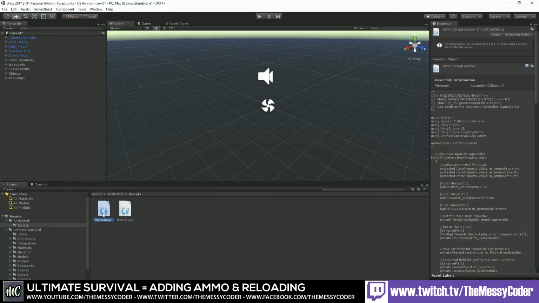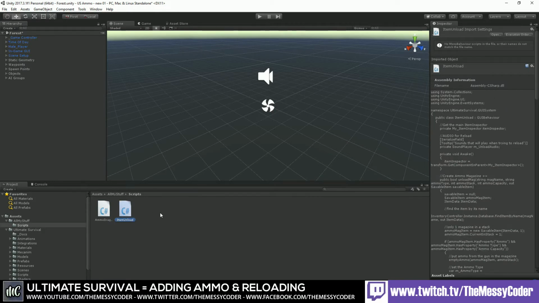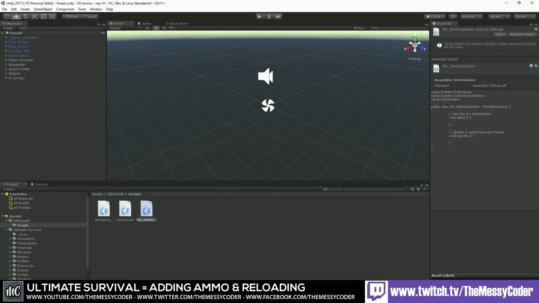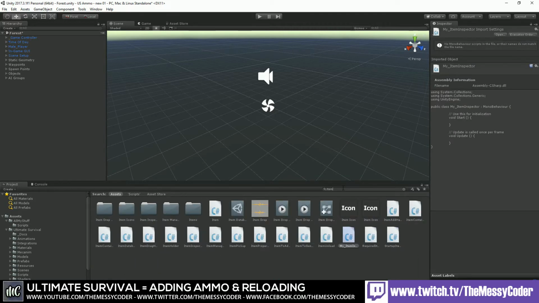And we're inheriting in the ammo drag and the ammo the item unload. Obviously we've got some warnings kicked up here because it's looking for files that don't exist. So what are the ones we're going to create now? Let's create a new file. So I'm going to call this one my underscore item inspector,